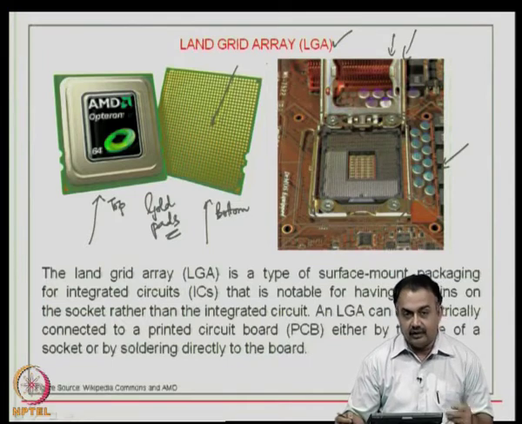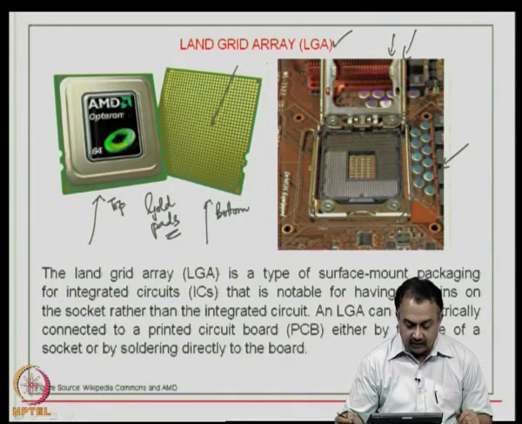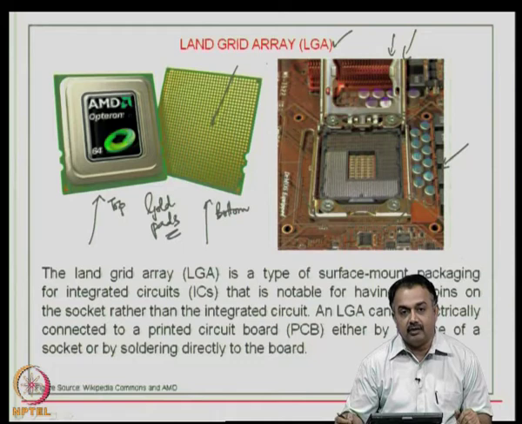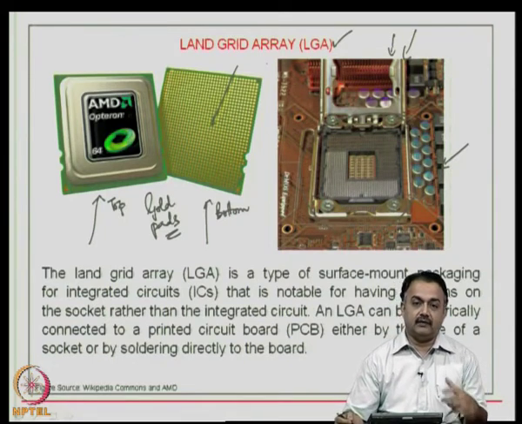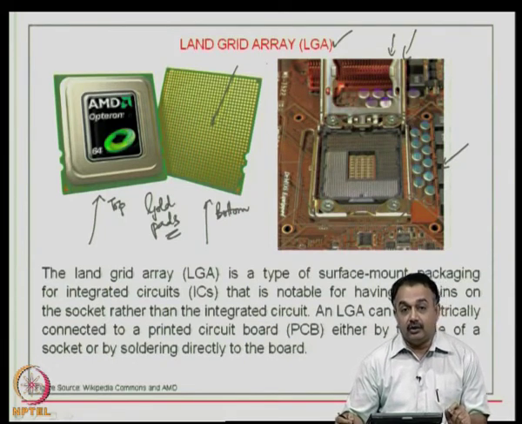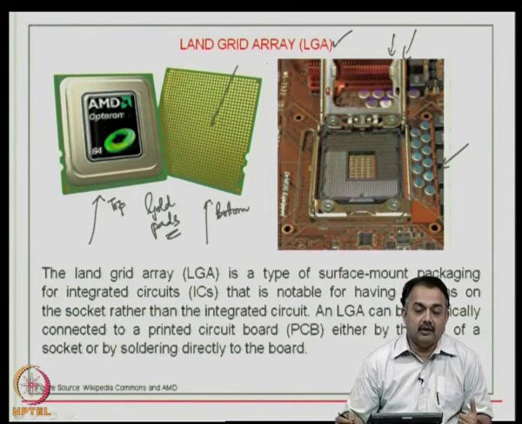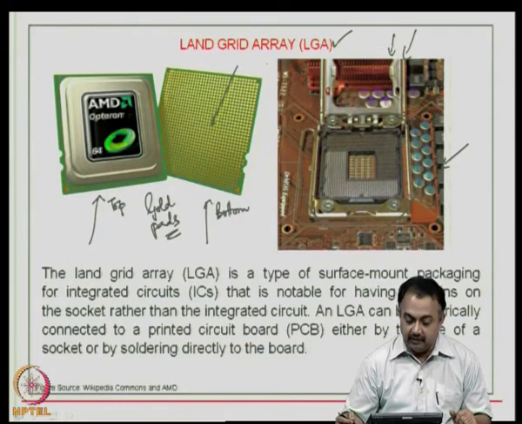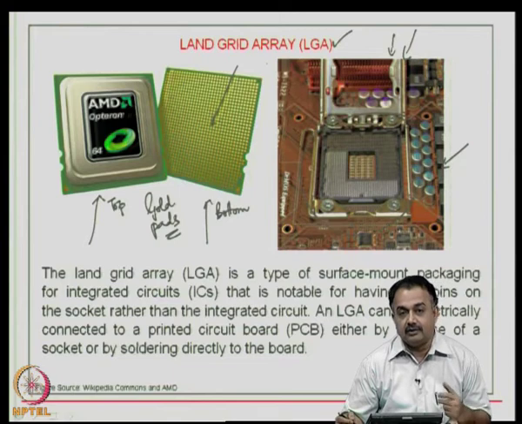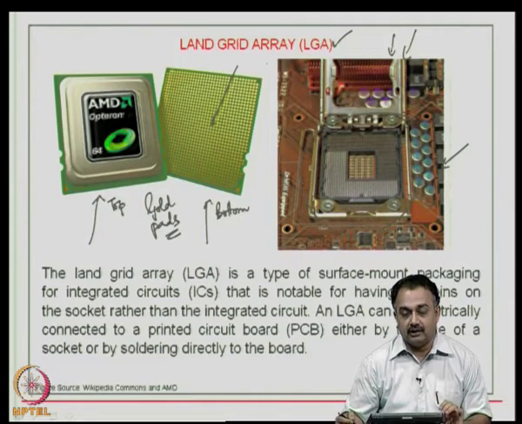But the data sheet also says that you can solder it directly onto the printed wiring board, but as you know, this is a very expensive package. It could be possible that you have to repair and rework on this active device because of failures that could be expected. Therefore, it is easy to use a socket and do repair and rework or change the processor rather than soldering it directly onto the board, because as you know, once you do a direct soldering on the board,